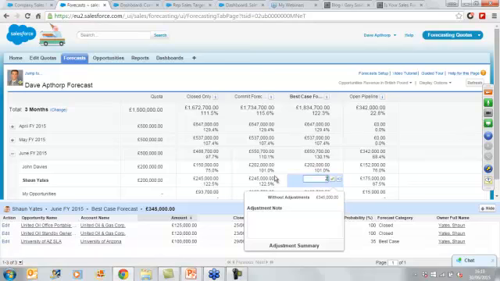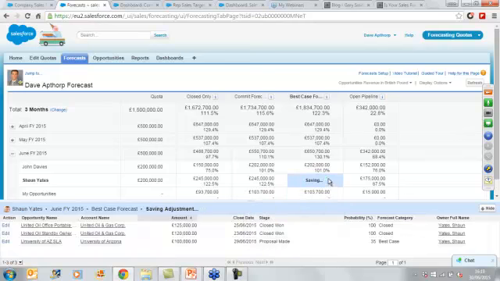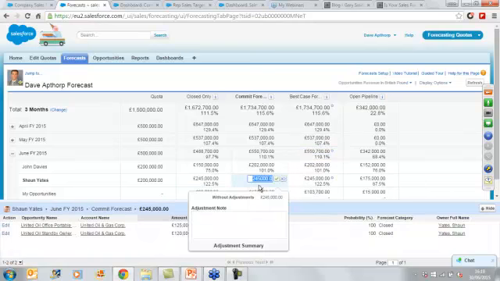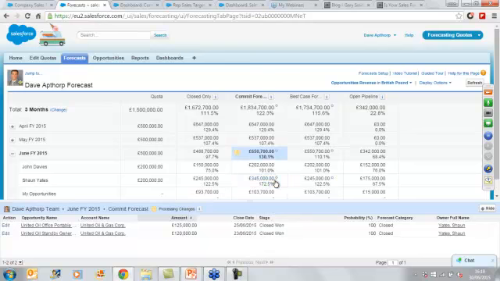So I'm just going to quickly make an override here of 245,000. I'm going to save that by clicking the wee tick. As we can see, we get the processing changes. Whenever you see these little dials, it means that Salesforce is working in the background to update the information. Then I also want to update the commit category as I'm bringing that one through, so I'm going to increase that by 100,000. Okay, so you'd modify both. Modify both. That way I'm effectively moving it from this category to this category here. So if I save,